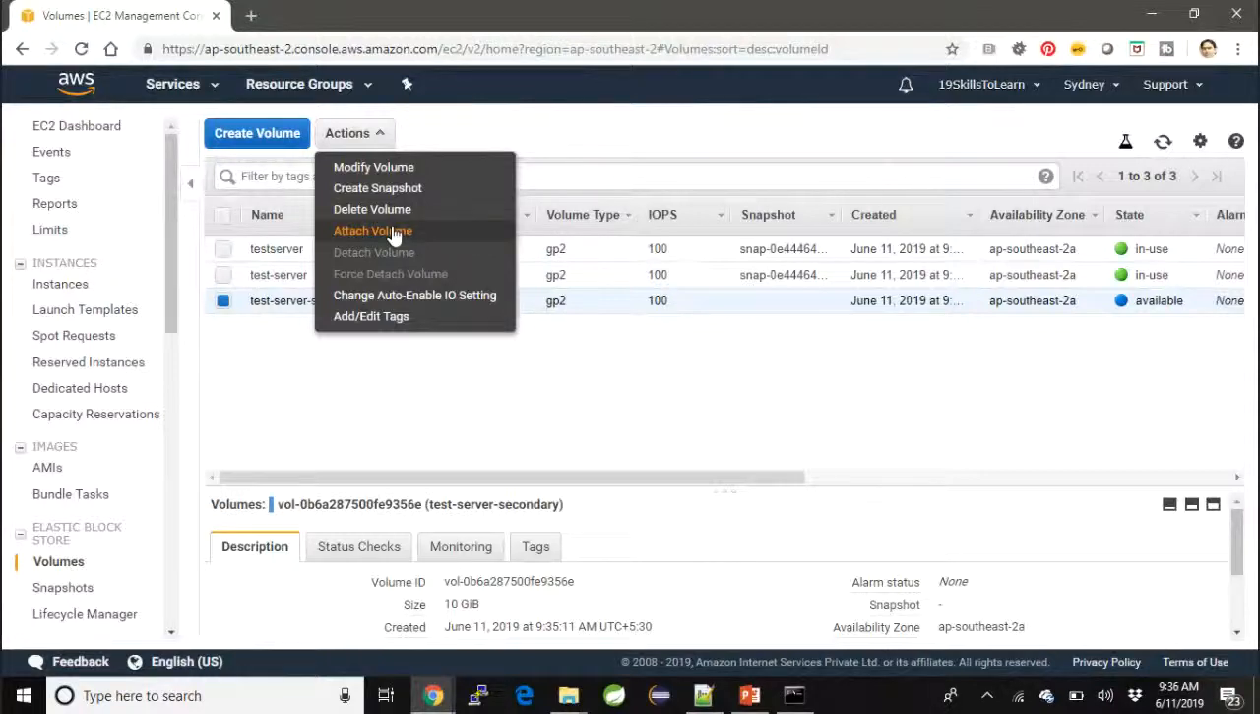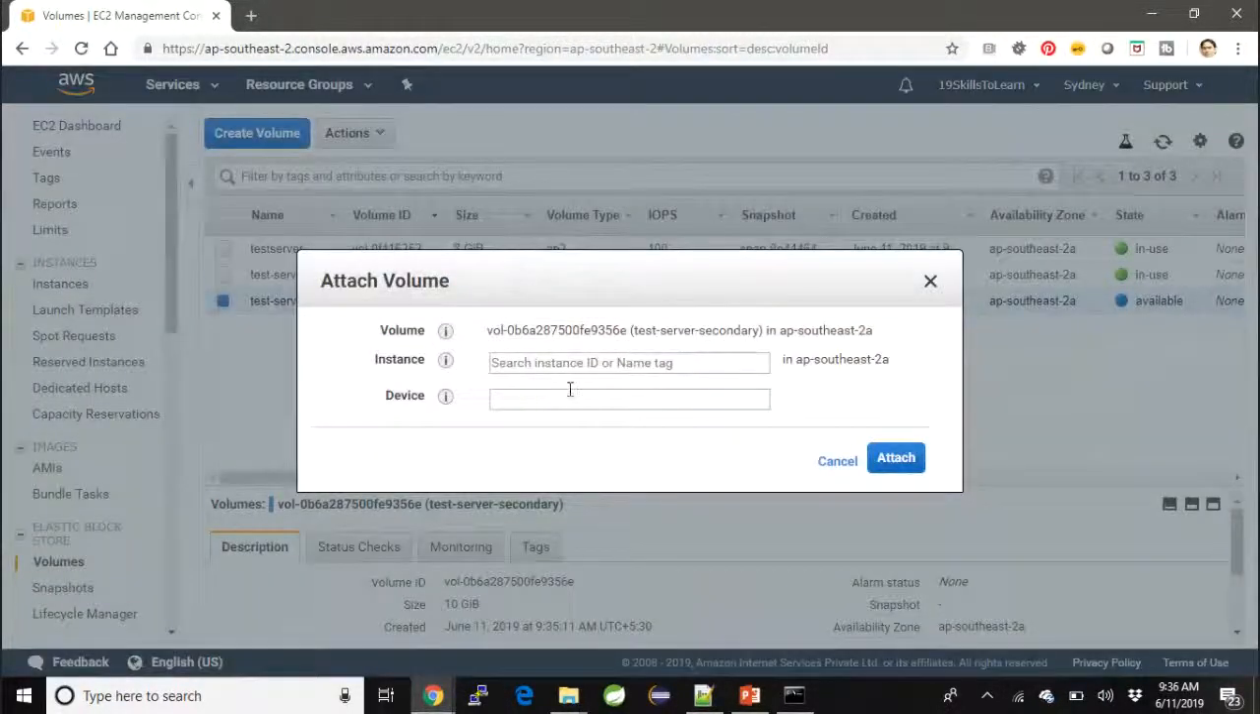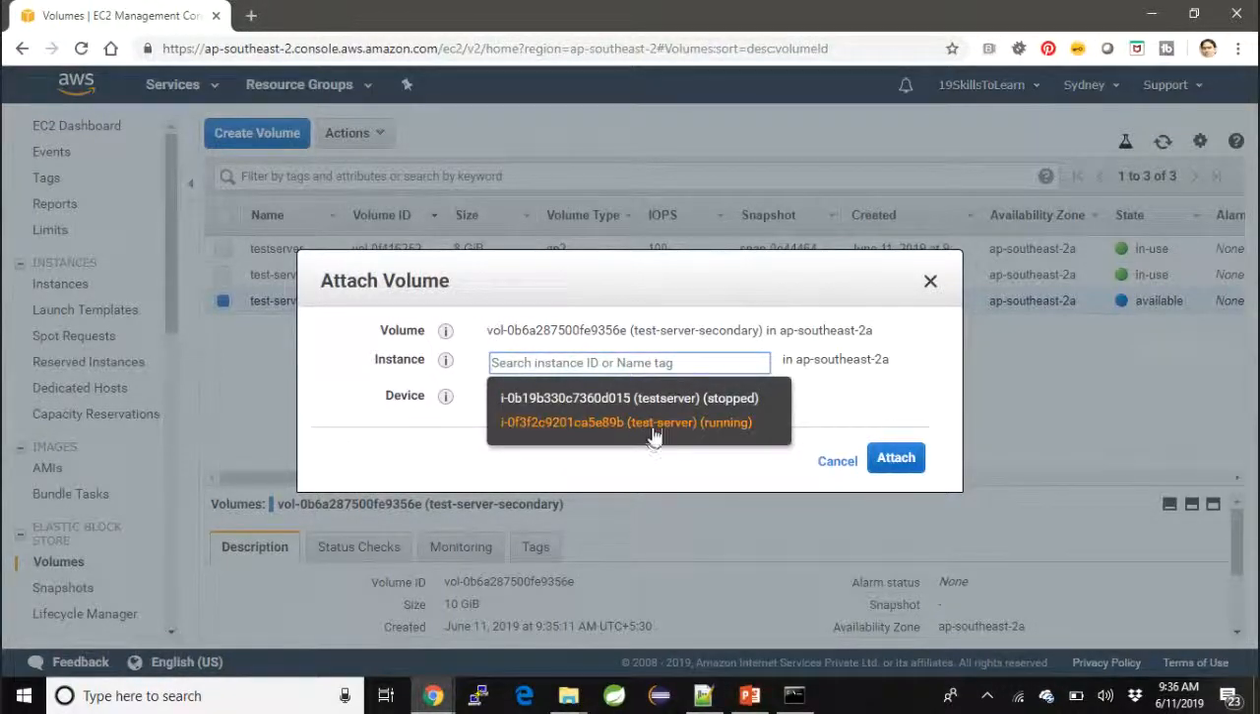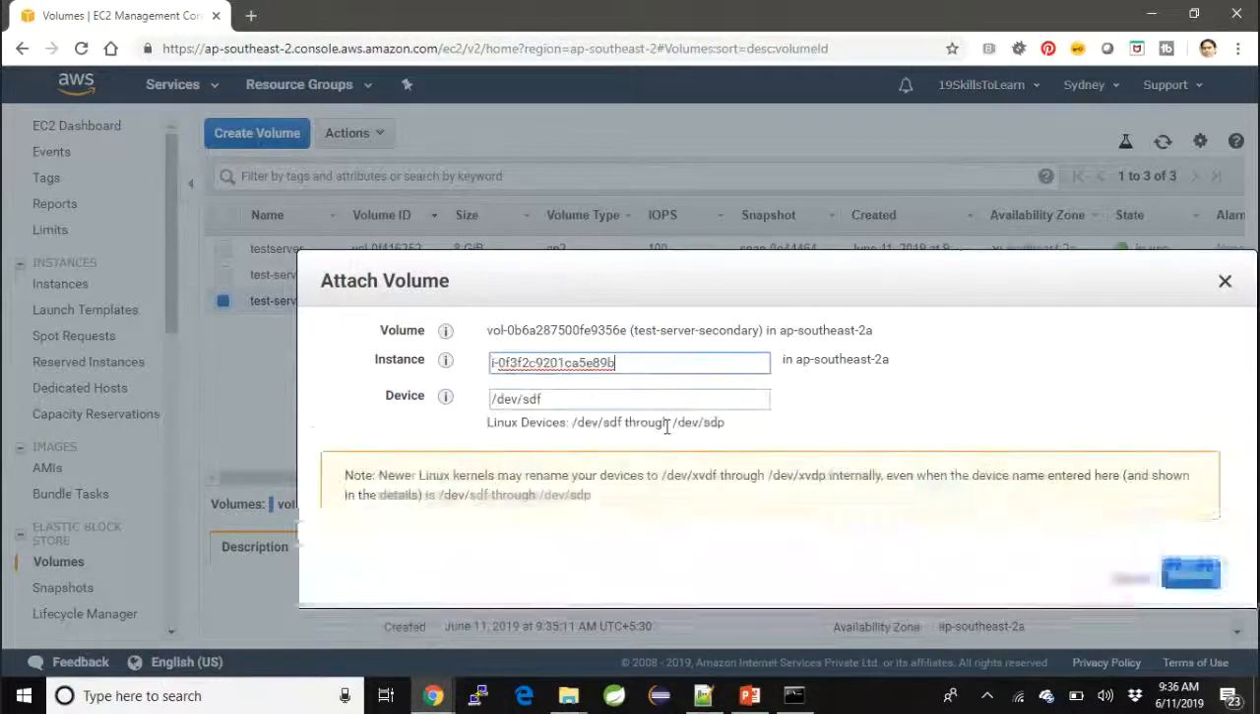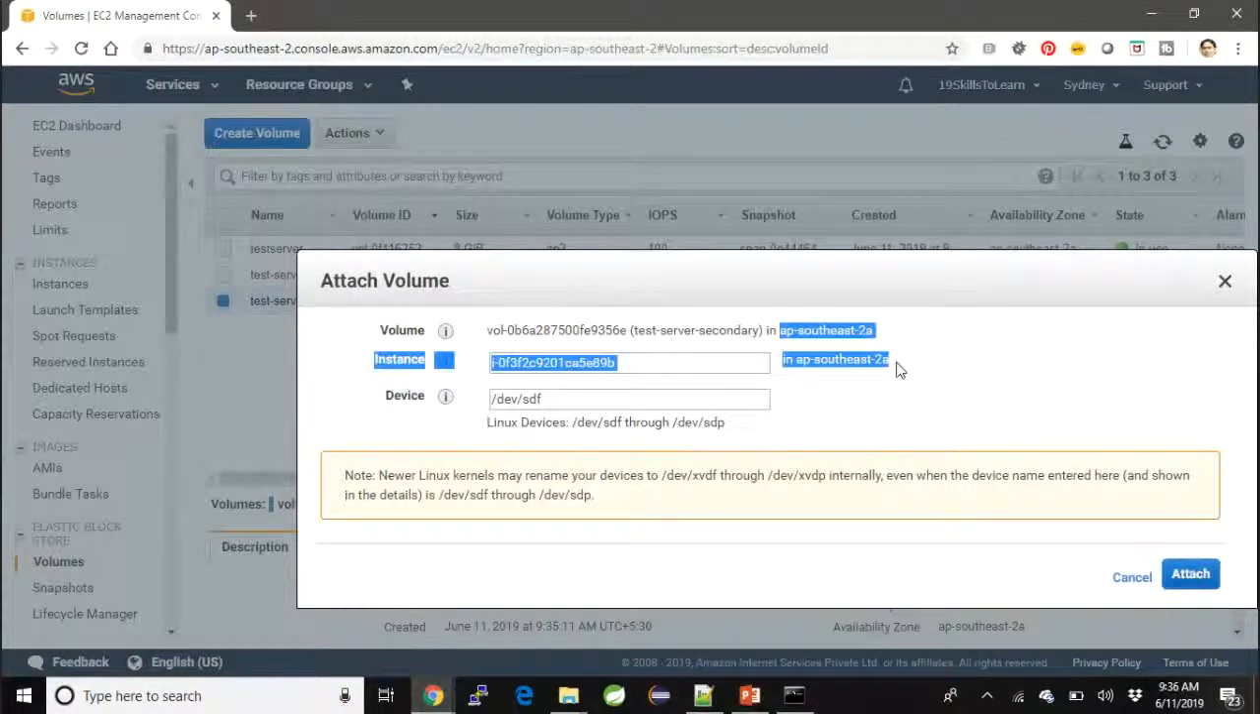So we are going to use Actions, Attach volume, and then go from the drop down. We can see the server. So this is the test-server which we want to attach it to, and the device name will be automatically given by AWS, so we do not have to worry about that. The only thing we should check is that our volume is attached to the right instance, and both of them should be in the same availability zone. They should not be across. So next, click on attach,